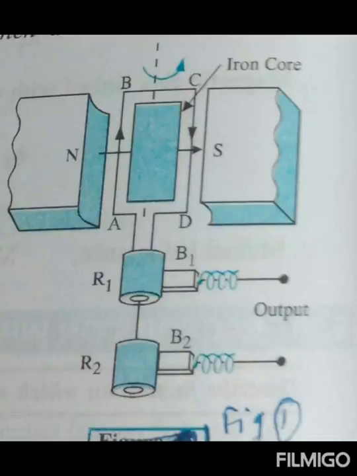An AC generator is one which produces a current that changes its direction regularly after a fixed interval of time. It is based upon the principle of electromagnetic induction. The construction is similar to the DC motor, so we have already discussed almost all the components.